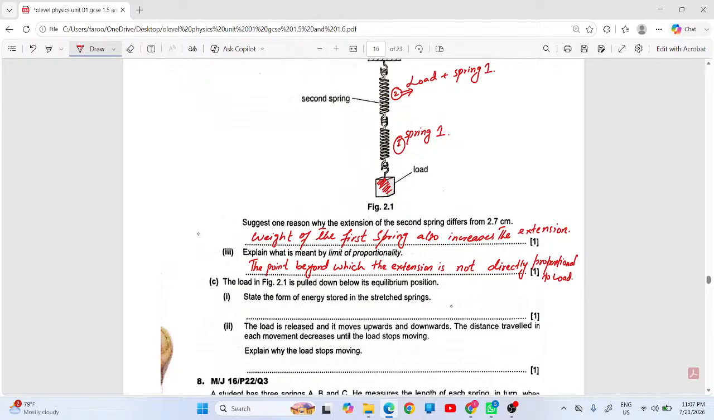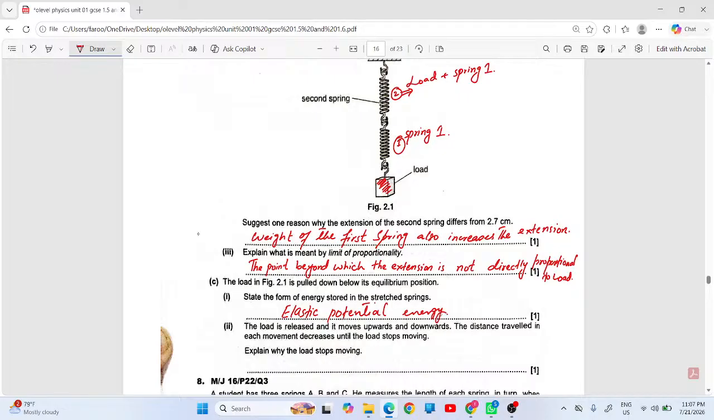जी। Next, the load in figure 2.1, state the form of energy in the stretched spring. Elastic potential energy।